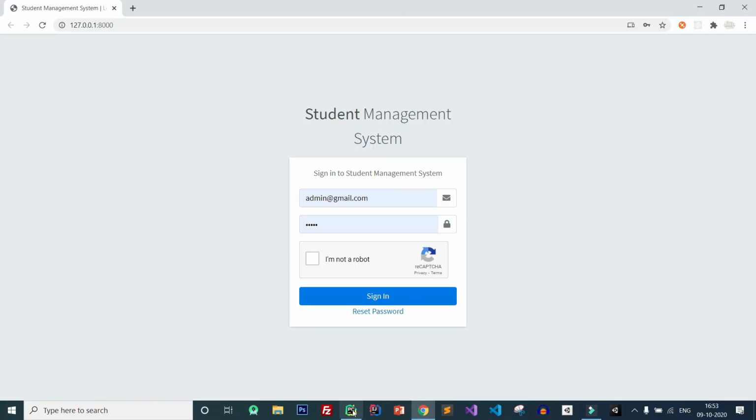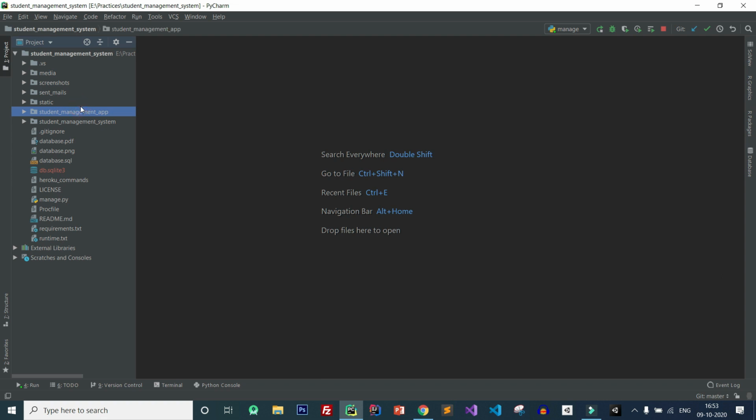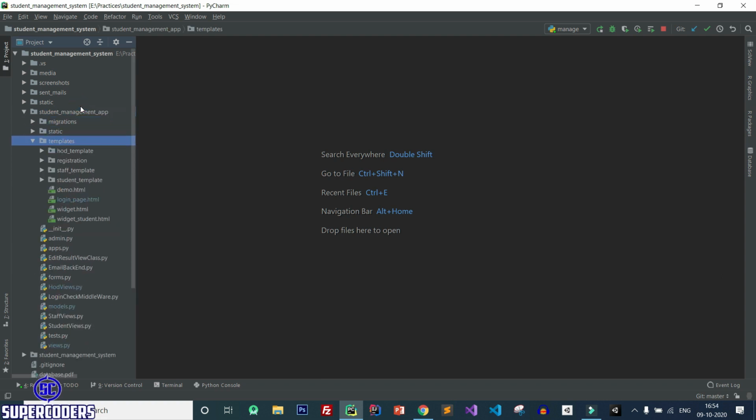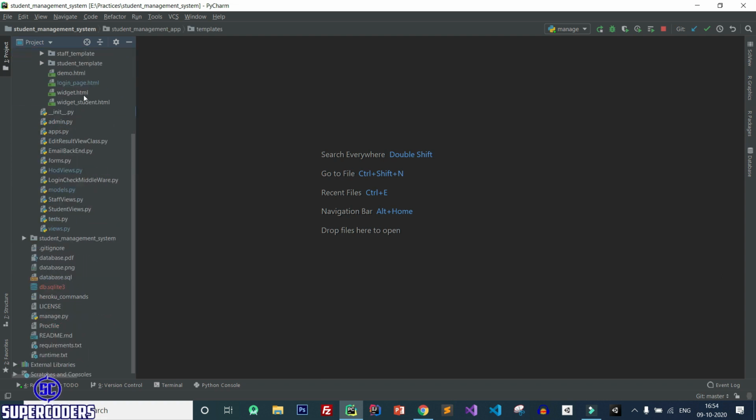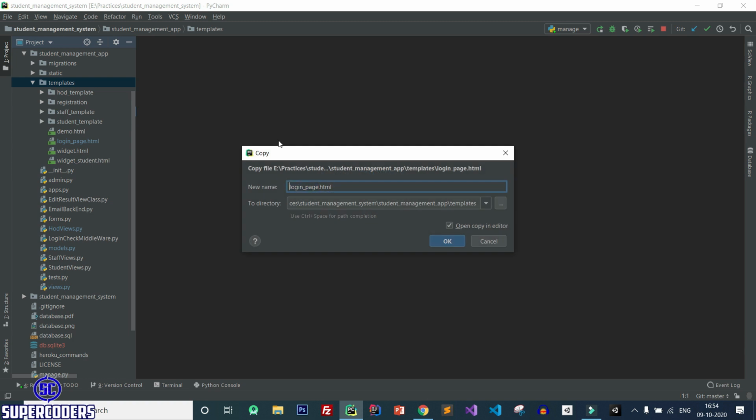So first back to PyCharm and let's minimize it, and first come to templates and here login page. Let's copy this and paste in template. Now change this to sign up student page.html.